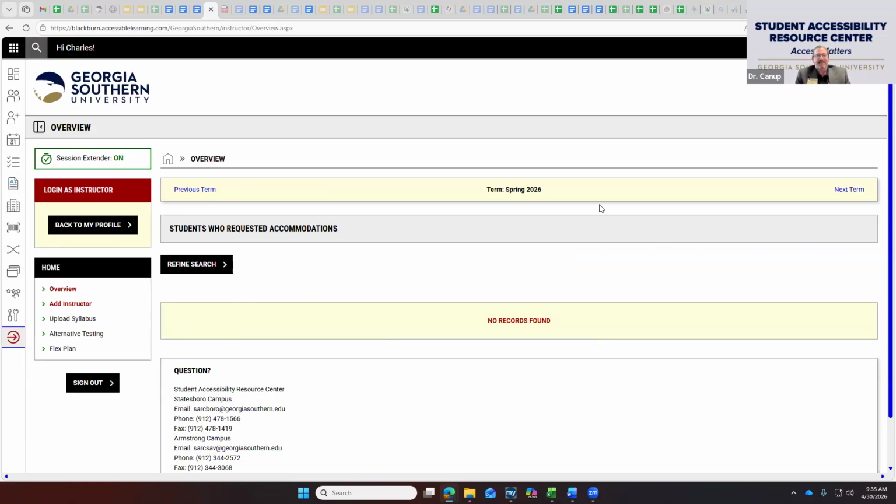So this would be your command center. This is what we call the overview. If I could draw your attention to the menu here on the left, under the home banner, we have 5 modules for the instructor portal: overview, add instructor, upload syllabus, alternative testing, and flex plan. In this training today, we're going to take you through each one of these modules and show you what you will need to do in each of these areas to make sure that everything is in place for our